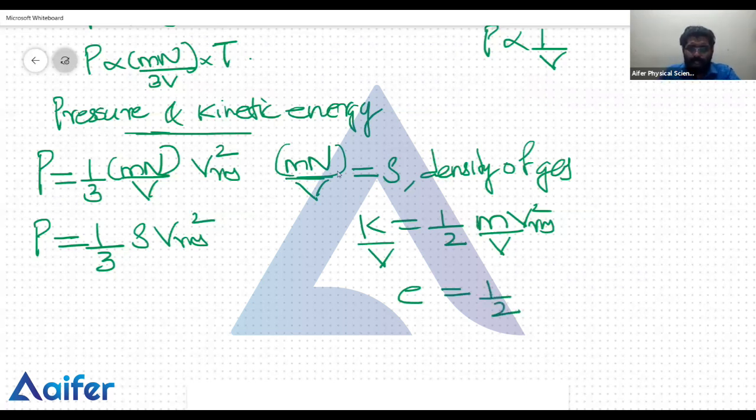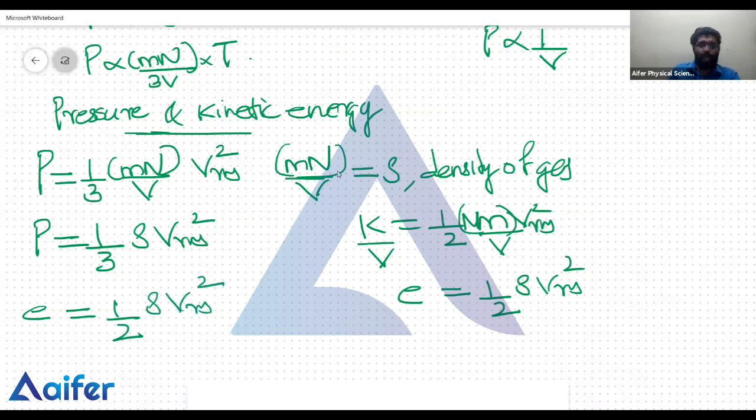Let me write this as for n molecules, this is Mn, otherwise we will be confused. Mn Vrms square. So this is nothing but rho Vrms square, kinetic energy per volume. So I have E equal to 1 by 2 rho Vrms square. If you divide these two, P by E, what is E? Keep in mind, kinetic energy per volume. So this is equal to 2